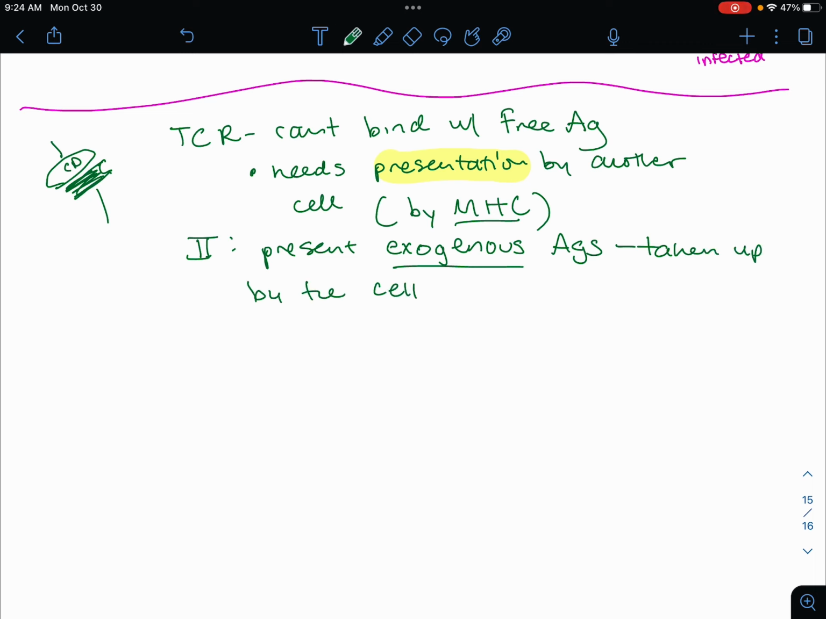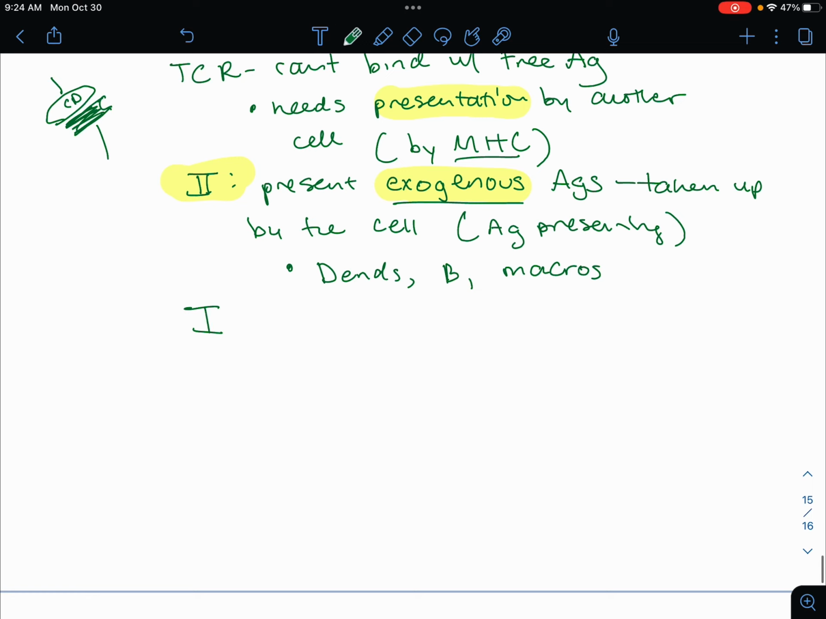And these are produced by antigen presenting cells, which include the dendritic cells, as well as B cells and macrophages. It's number 2, and then exogenous. Exogenous is number 2. Remember that. Right? Type 1